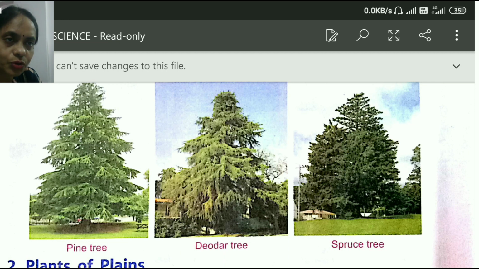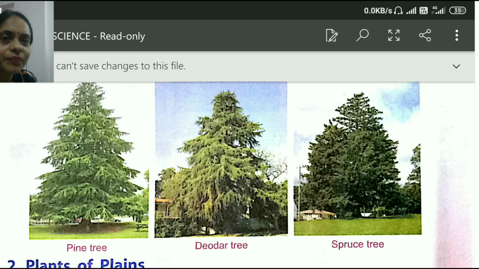Children, do you know why these trees are conical in shape? These trees are conical because there is snowfall on the hilly areas, and the leaves of these trees are very narrow and needle-like, and they do not allow the snow to lie on the leaves.